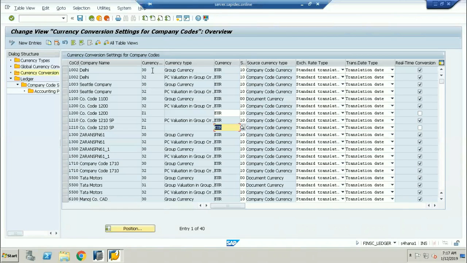And what is the currency type you are going to be using for the foreign currency here? This is very, very important. That should happen in real time. So this particular setting is very, very important for you. And one more thing,